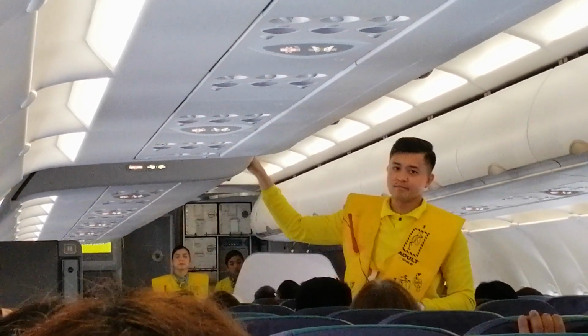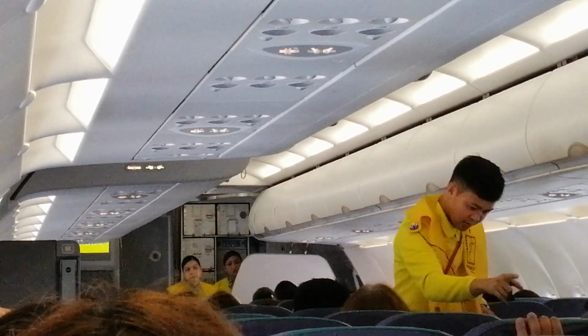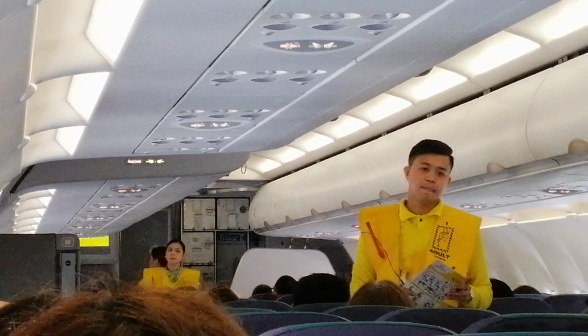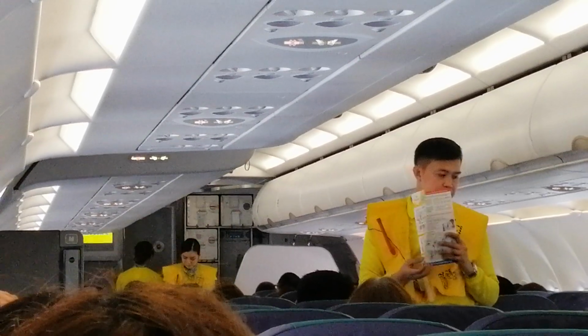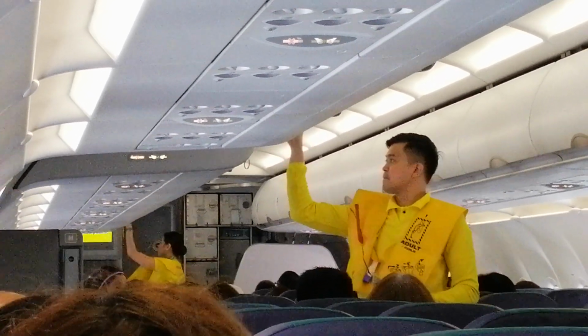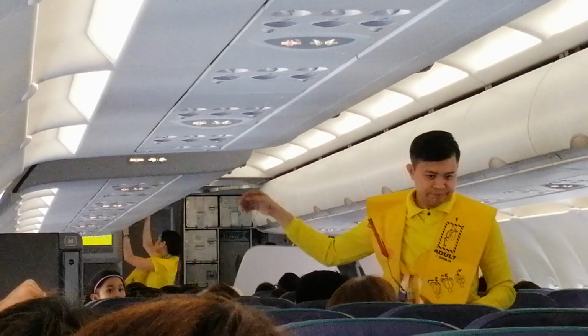In case of emergency evacuation, follow the lights that will lead you to the exits. For further information, please refer to the passenger briefing card found in your seat pocket. This aircraft is equipped with emergency exit signs found